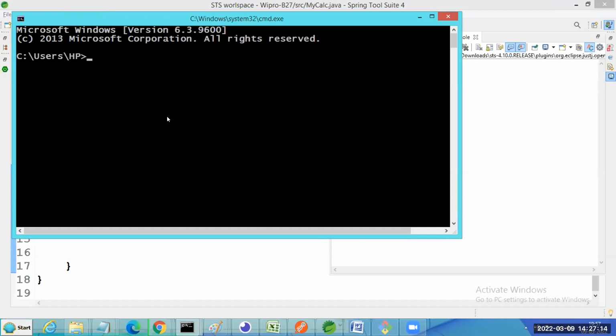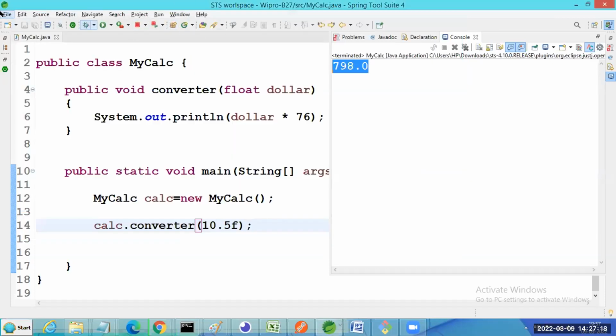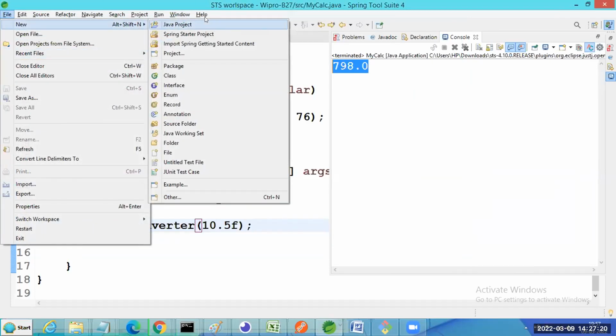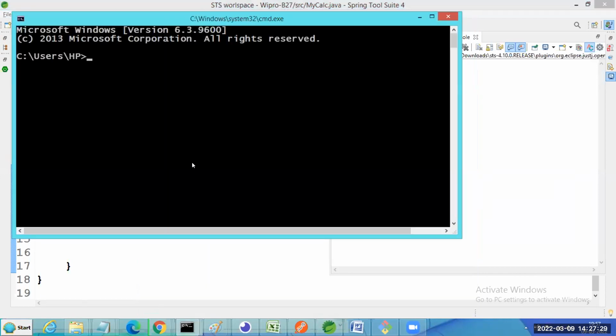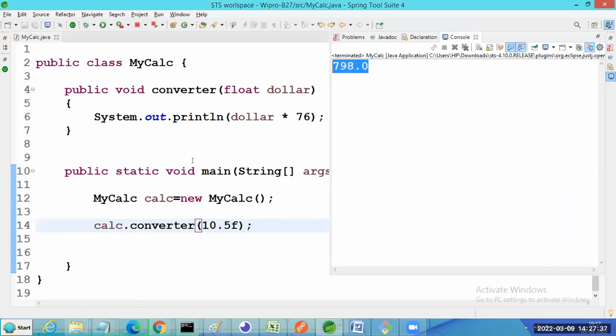Applications can also be graphical, where you have File, New, Java Project. You see this window, right? Windows everywhere. For closing, you have this close option. But here, if you have to close something, you have to type a command, right? So whenever you are creating an application, it can either be a character user interface or